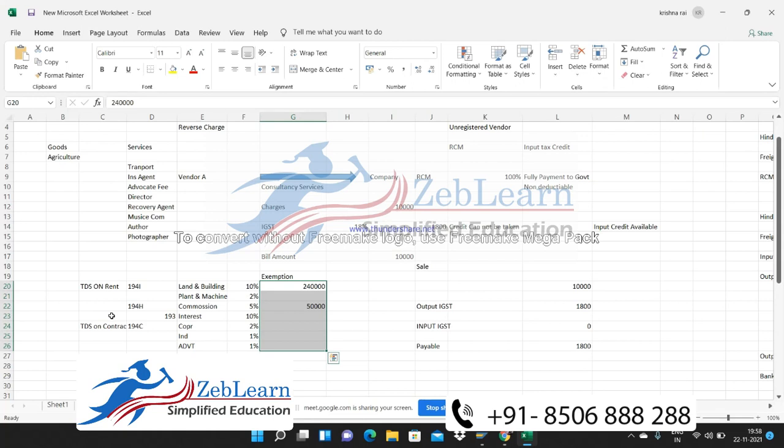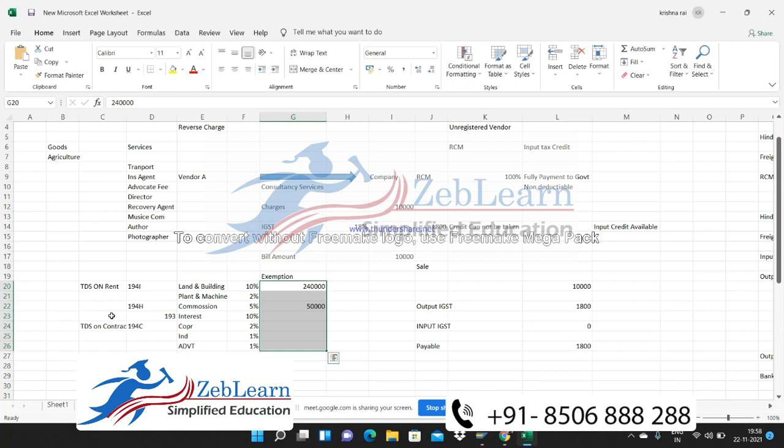So what was the rule actually? Actually, the rule is, invoicing or payment, whichever is earlier. Whatever type of payment, whether it is advance, or ad hoc advance. So yes, if you are paying advance to the vendor, then at that time also you need to deduct TDS, because the rule is saying invoice or payment, whichever is earlier.